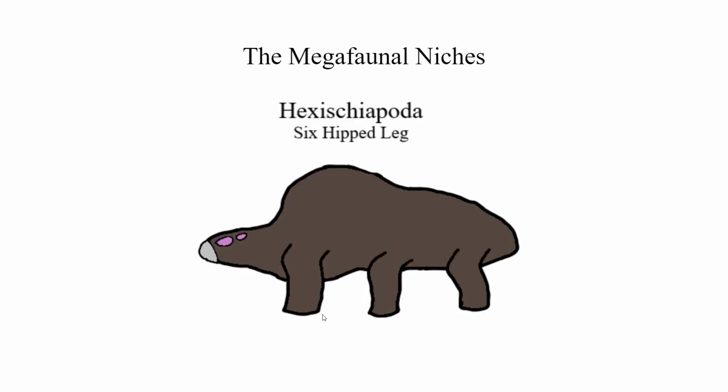Another offshoot of Protodaphopod, Hexischiapoda, is a sister clade to Protobrachys. It did not evolve centaurism, so it keeps its ancestral 6-legged gait, hence the name. The 6 legs, however, provide extra stability, so Hexischiapoda can afford to grow much larger than its ancestors and cousins. These traits allow for some of Samsara III's largest organisms.